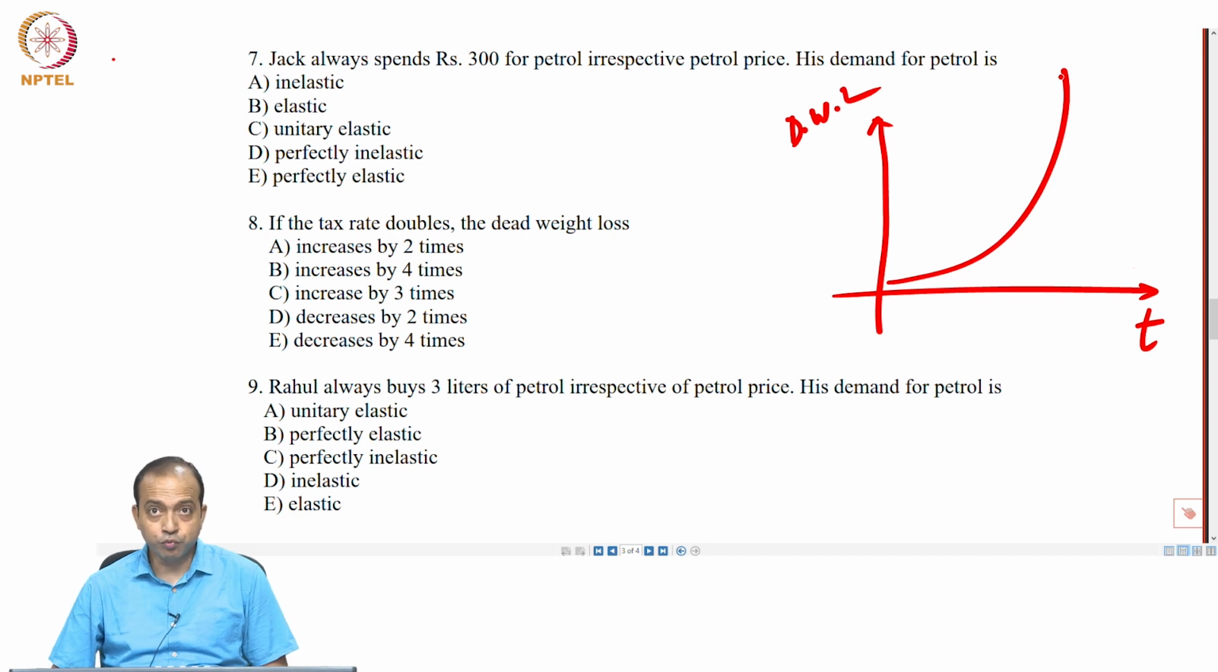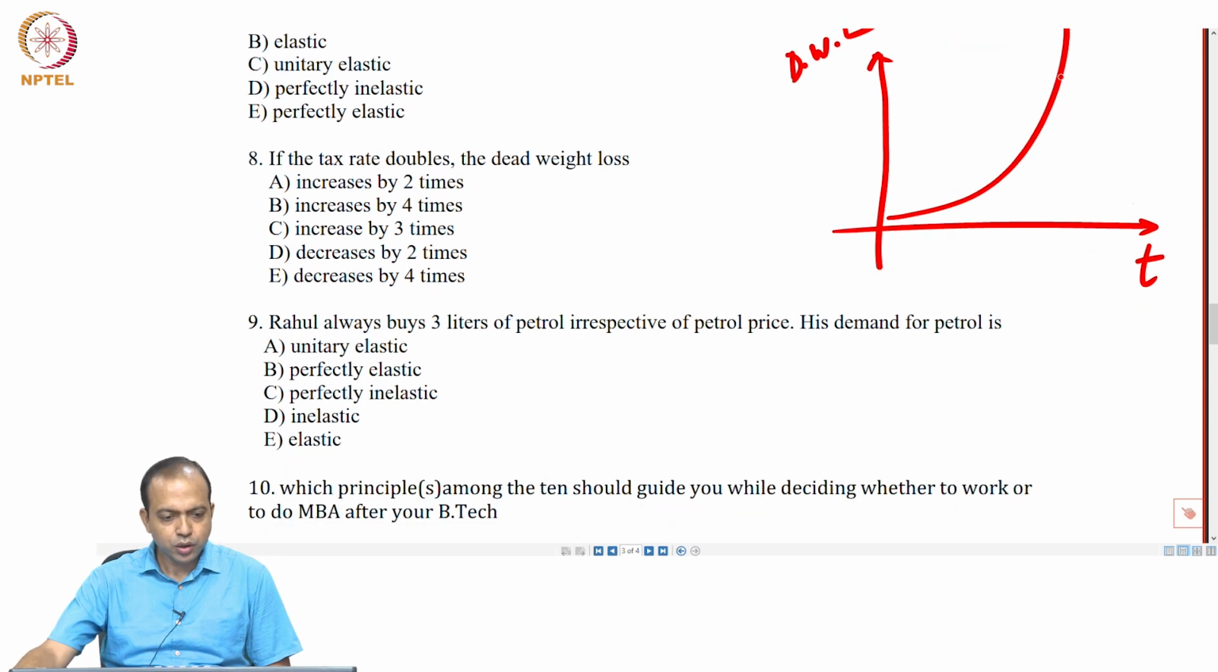And we have proved that also, the relationship between tax rate and deadweight loss, in our previous classes when we talked about application of taxes. Please go back to those lectures to find out the exact relationship between tax rate and deadweight loss. So, you will find that the relationship is basically increasing with an increasing rate. Then question number